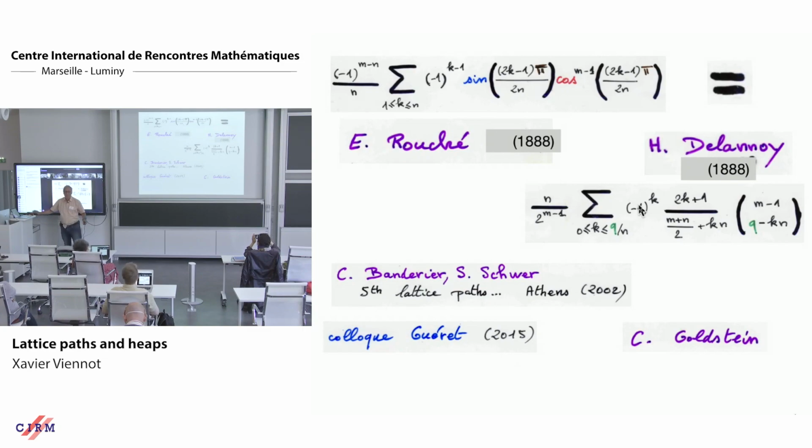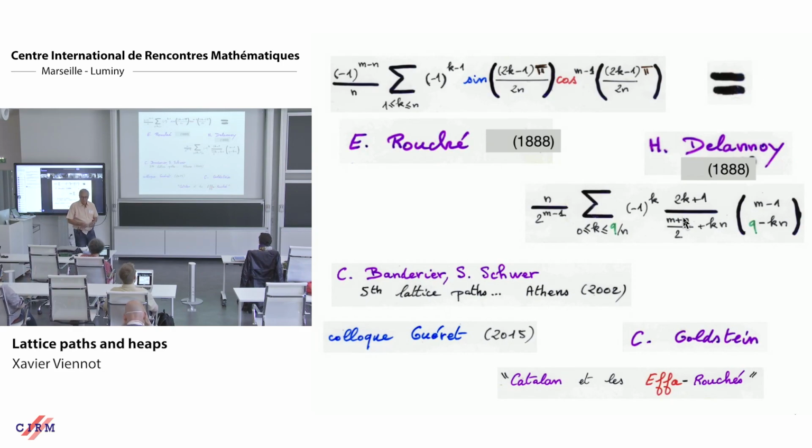Delannoy used an elementary method, what he called la méthode de l'échiquier, the chessboard method. It means you are moving a tower on a chessboard, and here with the bound, it's a hexagonal chessboard. So he used this method in modern language. He used combinatorics, and then there was a fight between these two methodologies, and this fight is described in the proceedings of this meeting in Guéret, because Catalan tried to defend Delannoy, and he submitted a paper to